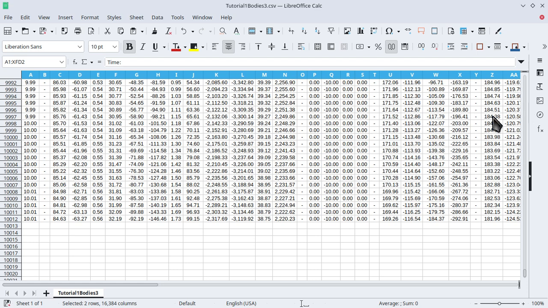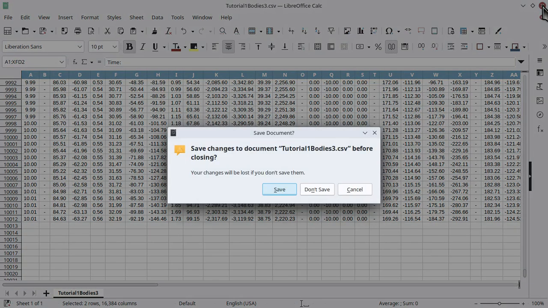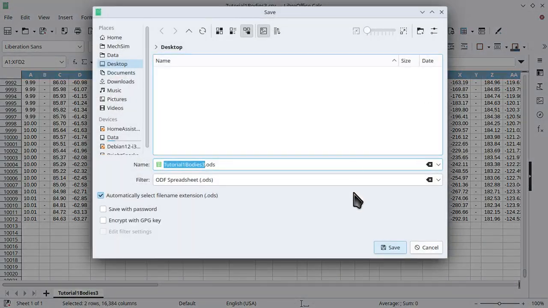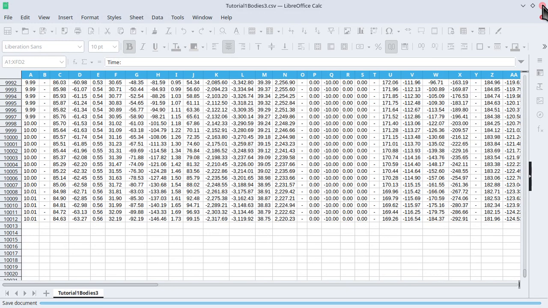Okay, and that then concludes that analysis of the three-body system. I'll save that in ODF format. I now go back and load my